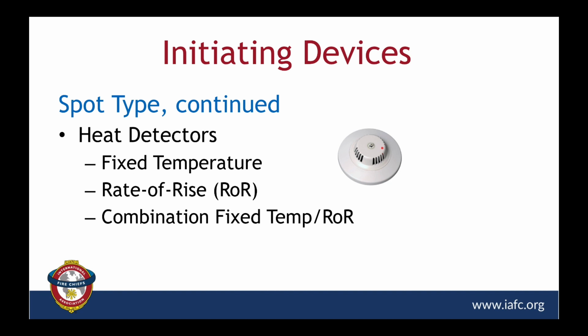Now, looking at a rate of rise detector, it will activate when the temperature rises at a rate exceeding a predetermined amount. This is usually 15 degrees Fahrenheit per minute. Now, both smoke and heat detectors can contain more than one sensing element to respond to a fire. Examples could include a combination rate of rise and a fixed temperature heat detector, or a combination smoke and a